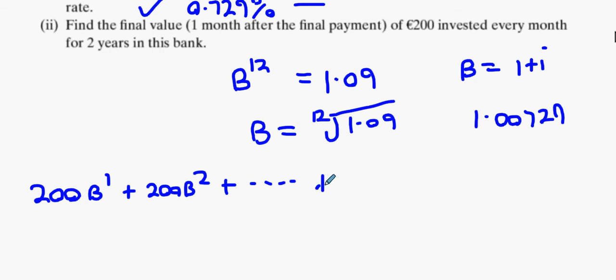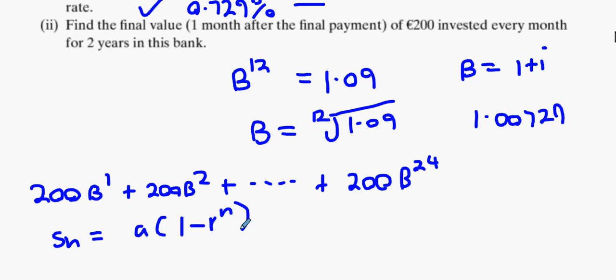And your very first investment is there for how long? 24 months. There is your geometric sequence. Everybody cool with that? What's the SN formula? A into 1 minus R to the N all over 1 minus R. And lucky for us, this becomes 200 B into 1 minus B